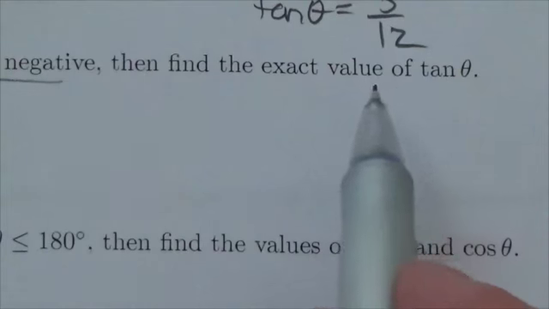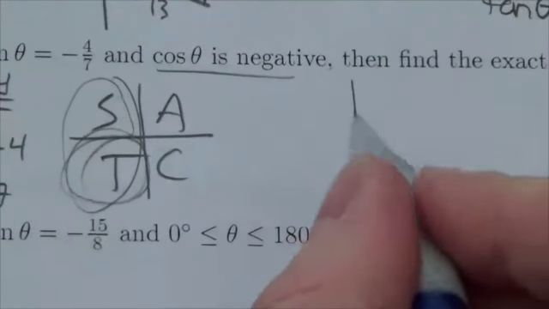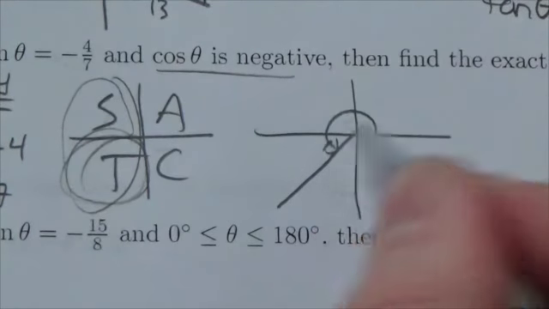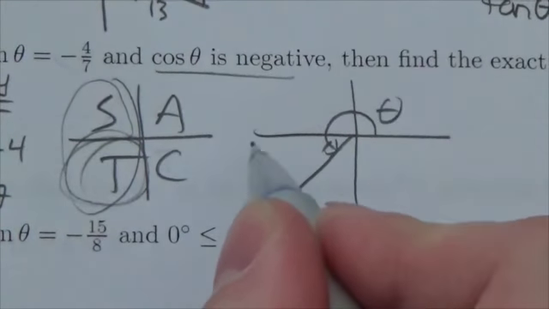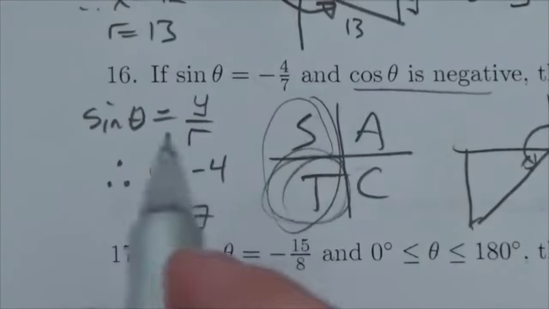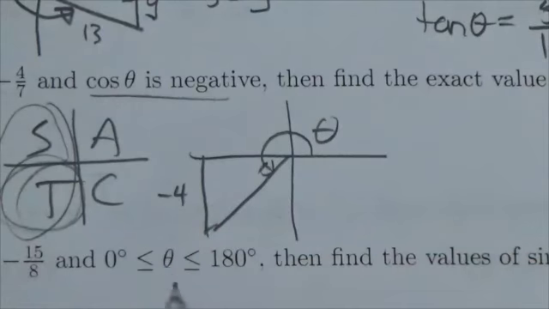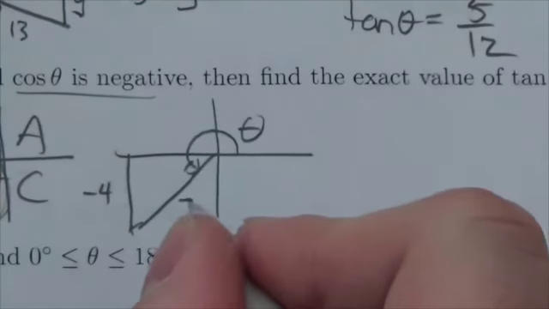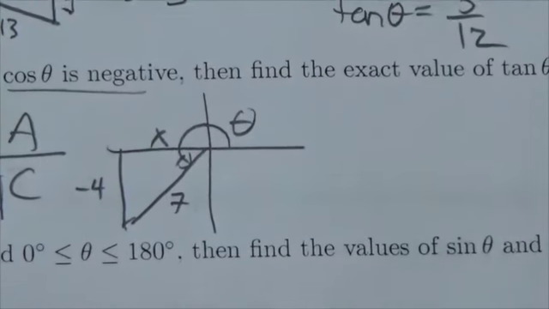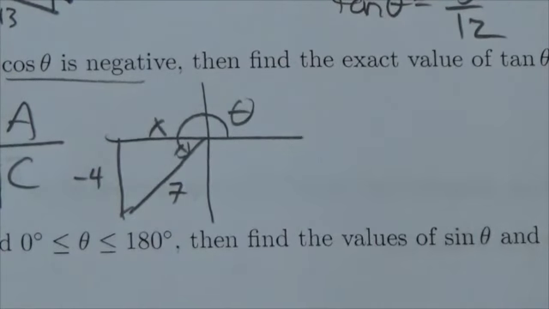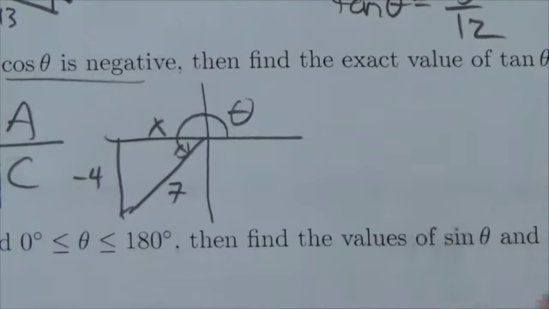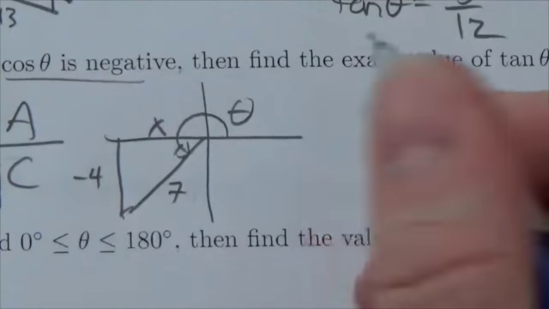Now the question is, what's the exact value of tangent? Okay, well let's draw this thing out. We know that it's in quadrant 3, coming around to here. Okay, here's our theta. And we know, based on the information given to us previously, that the y value is negative 4 and that the r value is 7. Okay, so now what we got to do here, obviously, we want to figure out what the x-coordinate is in order to figure out what tangent is. So what we got to do here is apply the Pythagorean Theorem to this. And we already know r is